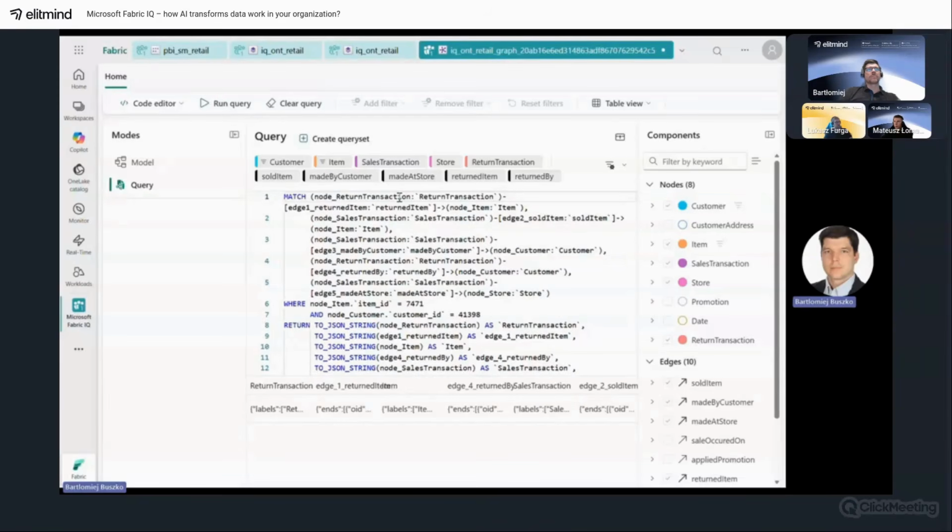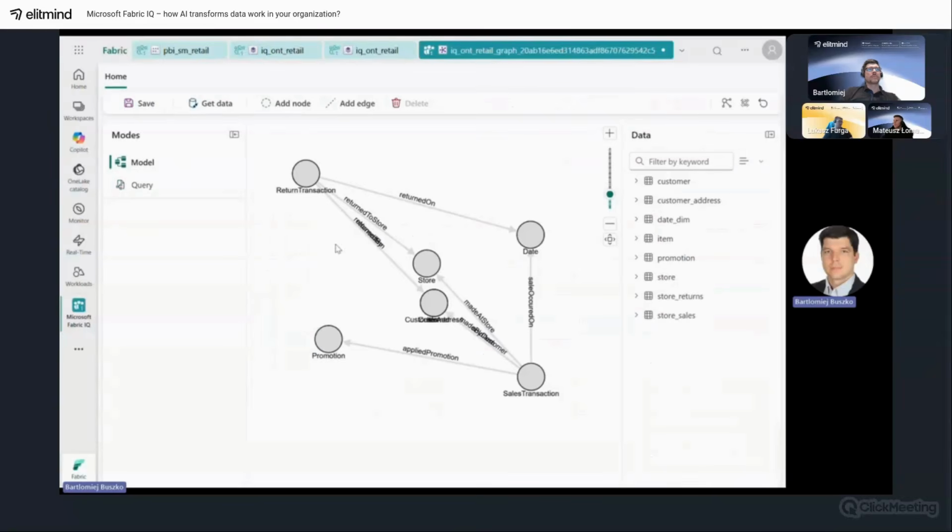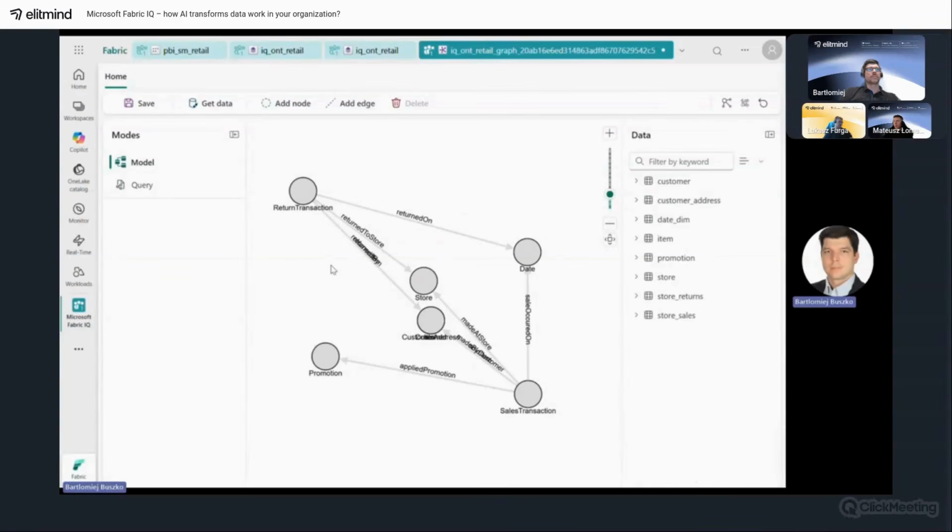So that's why the ontology definitions are important, because they are providing a link between our natural language and the query language in the backend. Okay, and I think that's all about the ontology part of the webinar.